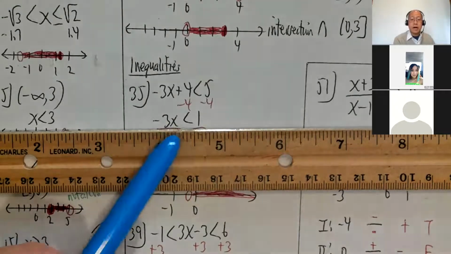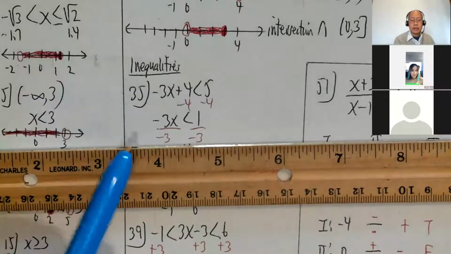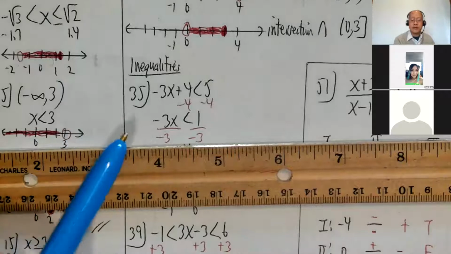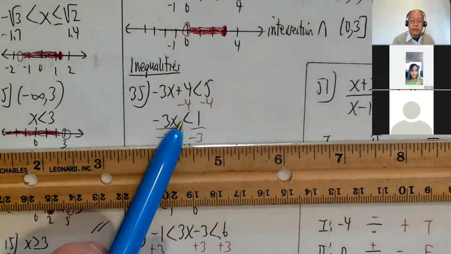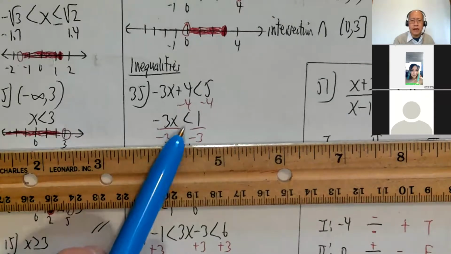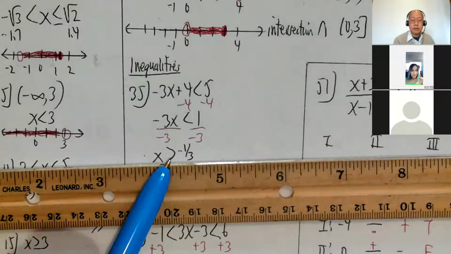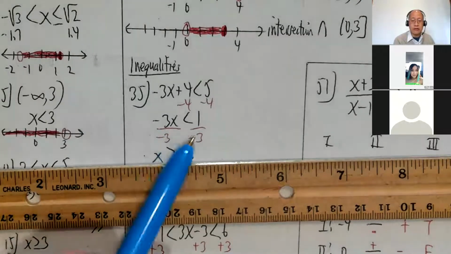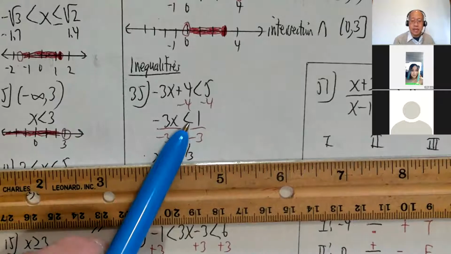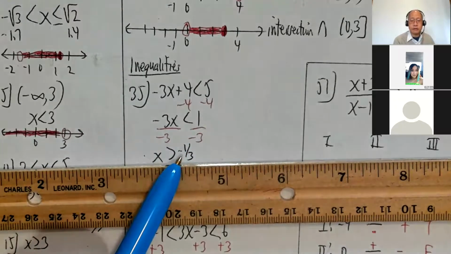Okay, anyway, how do I get rid of -3? Divide by -3. Okay. Now, here's something that's easy to forget. For inequalities, if you multiply or divide by a negative, do you recall what happens to this sign? The inequality symbol reverses. Remember that? When you multiply or divide by a negative, the inequality reverses. So when I divide by -3, it isn't going to be less than anymore. It's greater than. X is greater than -1/3.